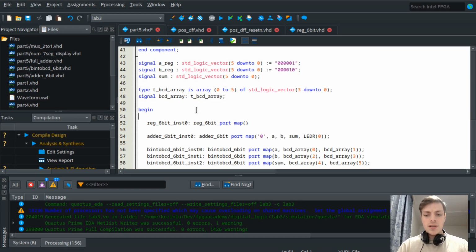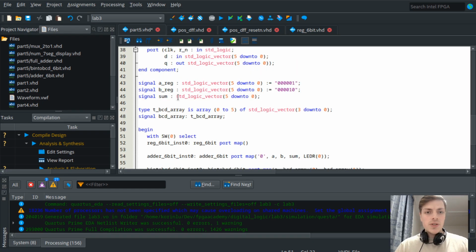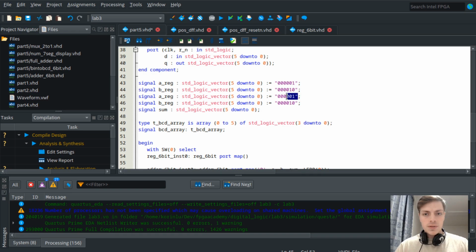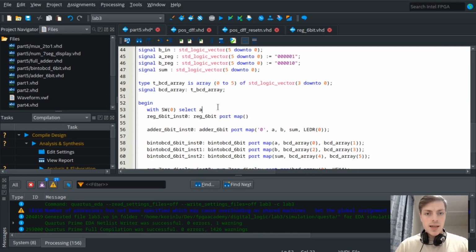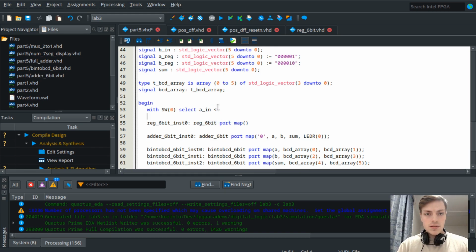And here I will do with switch 0 select, and yeah, we actually need 2 more signals. So these don't need initial values, and they will be called A in and B in. Select A in, and it will be